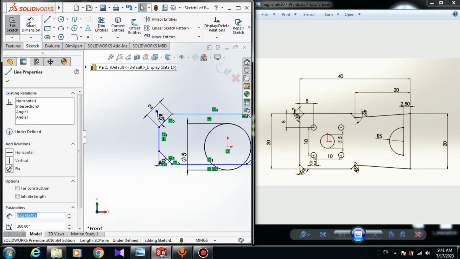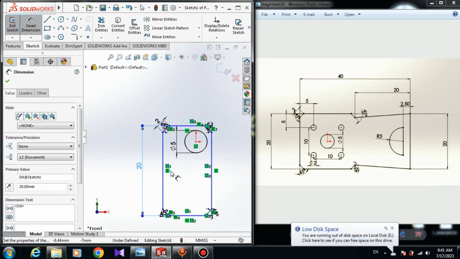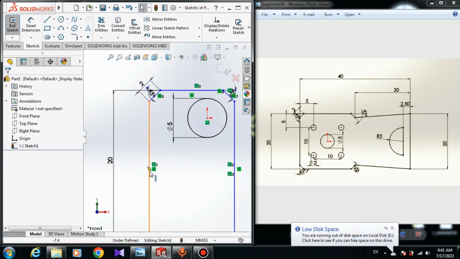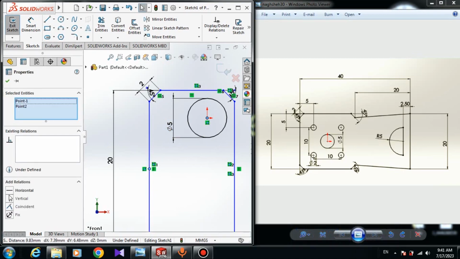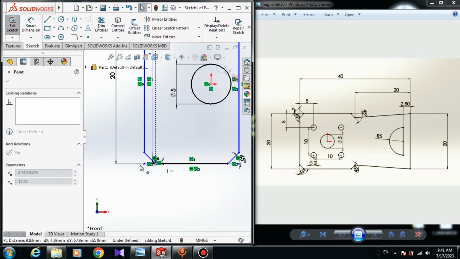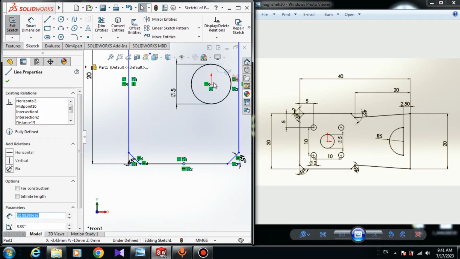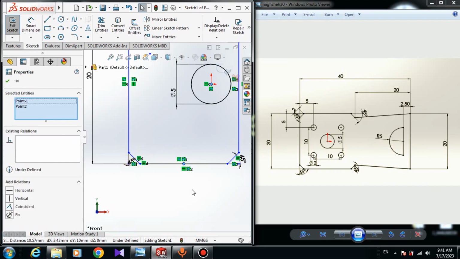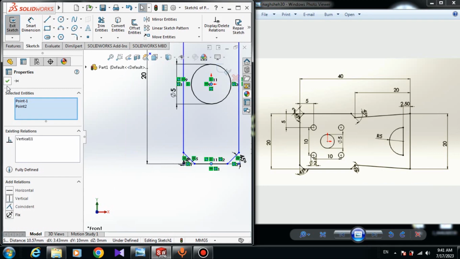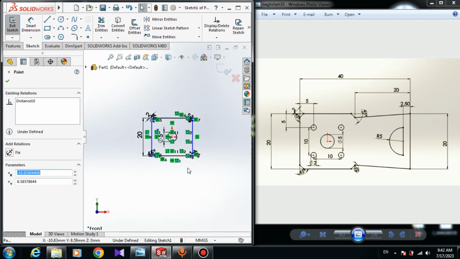And now we have to give this line a dimension. The dimension from this line to the line here is 20 millimeter. And the center of this line must be horizontal to the origin point. So hold the control button and choose this point and the point here, and give it horizontal relation. And now this point must be vertical to the origin point. When you give the chamfer, some of the relations may be deleted. So if we give the dimension again,